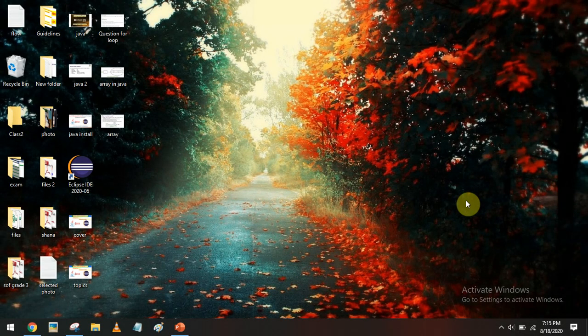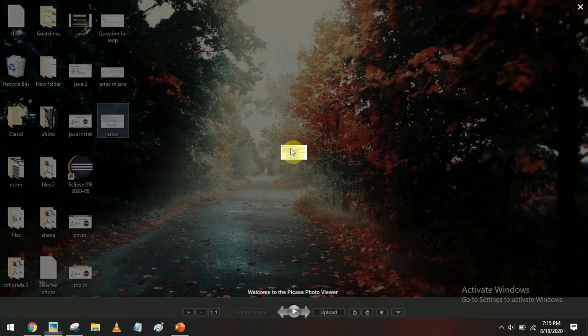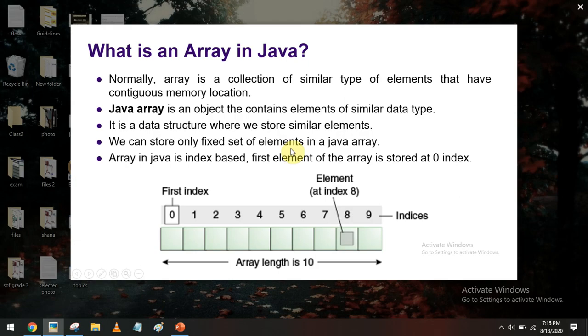In this video I am going to explain how to create an array in Java. So what is an array in Java? Array is a variable where we can store a collection of similar type of data. In Java, an array is an object where we can store a collection of data, but it supports only similar kinds of data, and it is a type of data structure where we can store, retrieve, and organize the data in the array memory.